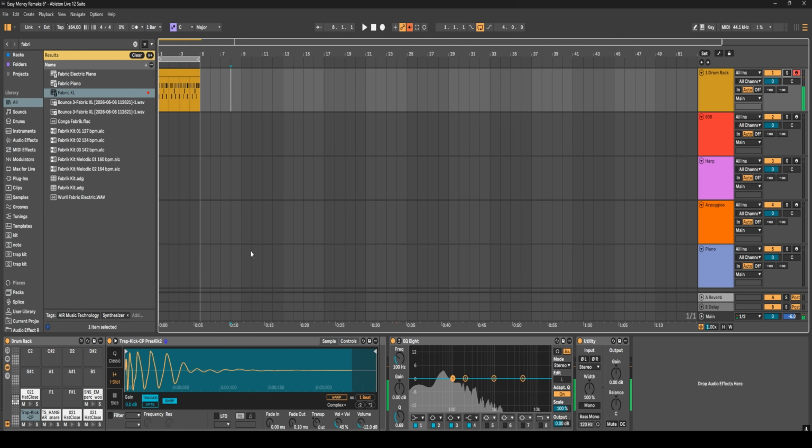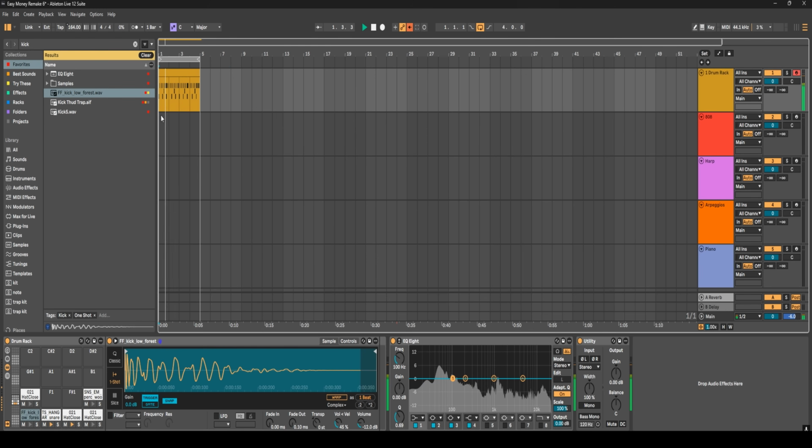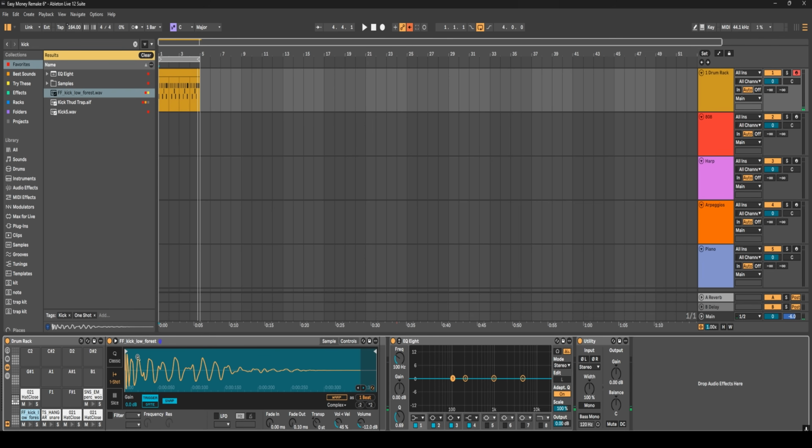So let's see. Kick is a little flat. I want a beefier kick. I like this low end here. Let's try this. All right, I like that a lot better. Already that sounds good. It has a bit of a bassy kind of tail at the end of it,